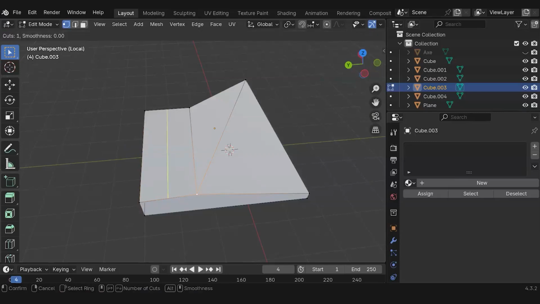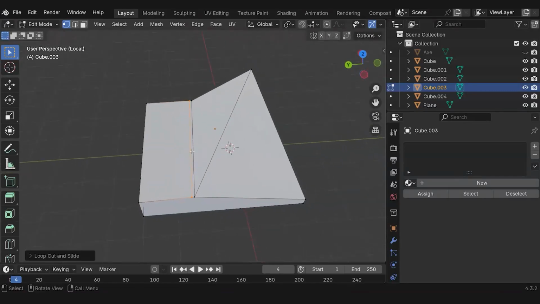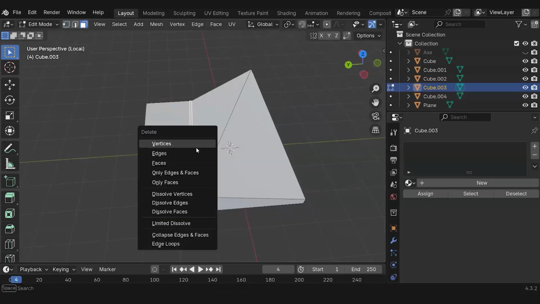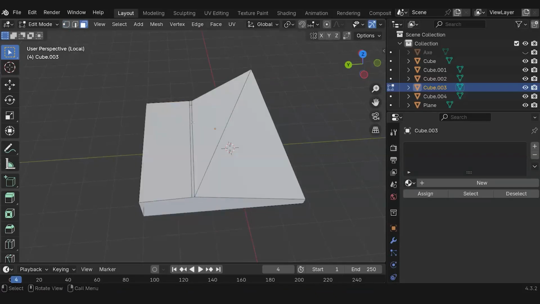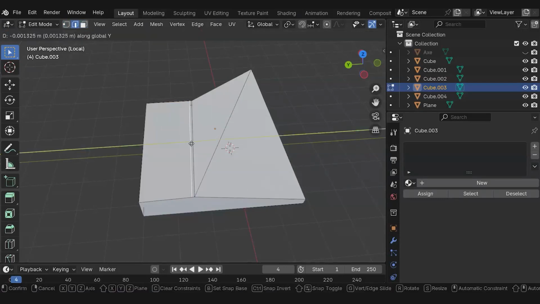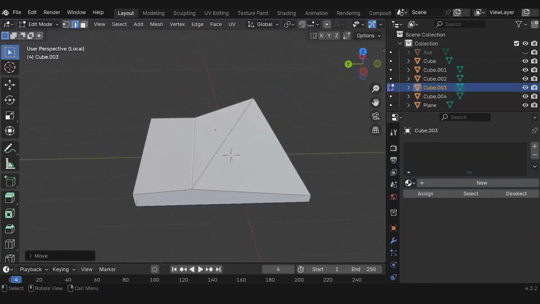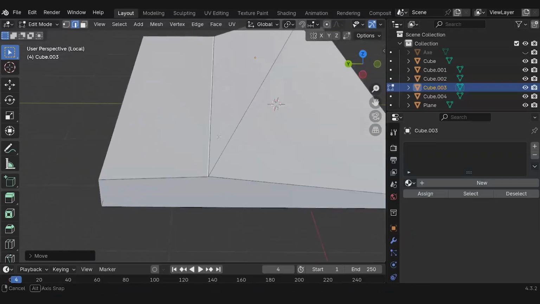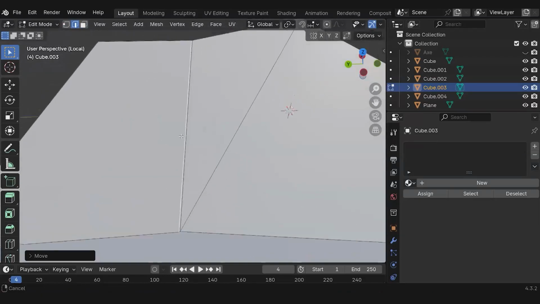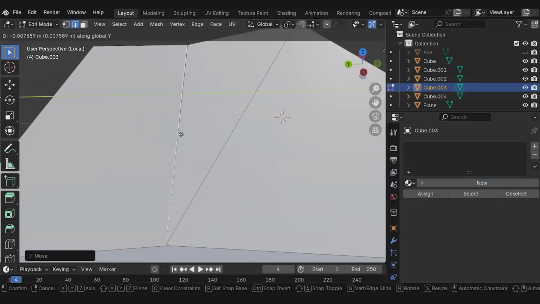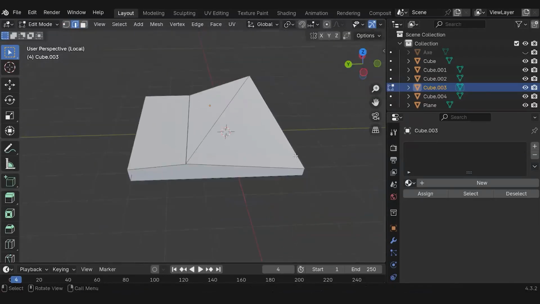I usually go to reset vectors. Either that or you go to mesh and you go to normals and you get that same menu. I do recommend getting really, really used to the hotkeys, because the hotkeys will streamline your building. I promise you, it will make you super fast. So definitely it is Alt N, and you get your normals drop down here.